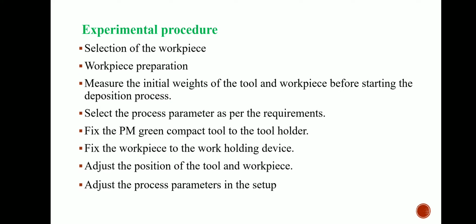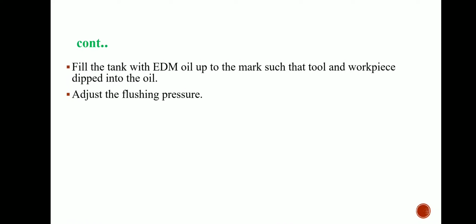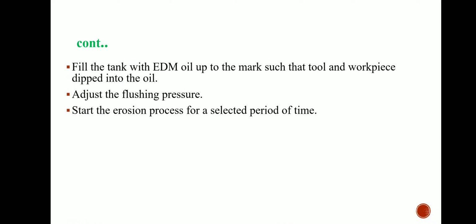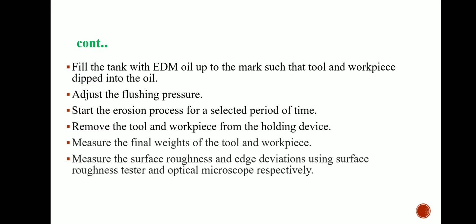There will be a generation of electric field when a potential difference is created. Due to the influence of the electric field, electrons will emit from the cathode terminal and travel towards the opposite pole terminal. These high-speed electrons will bombard the surface of the tool electrode. Thus, the kinetic energy of the electrons will transform into heat energy. This heat energy erodes the material by the melting and evaporation process. The eroded tool materials will migrate and get deposited on the workpiece surface.